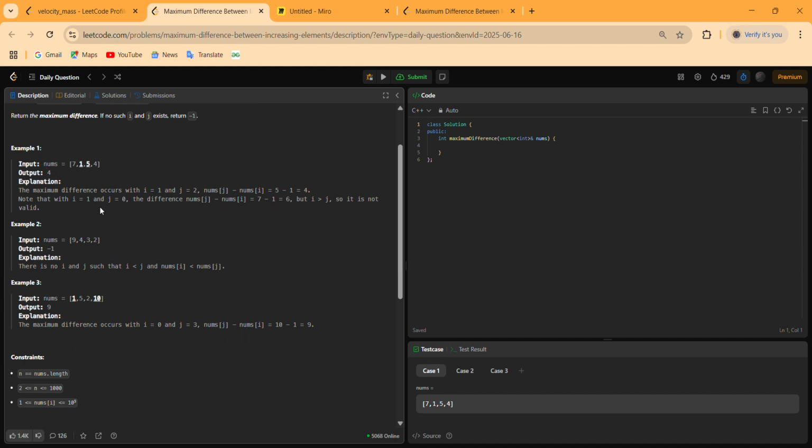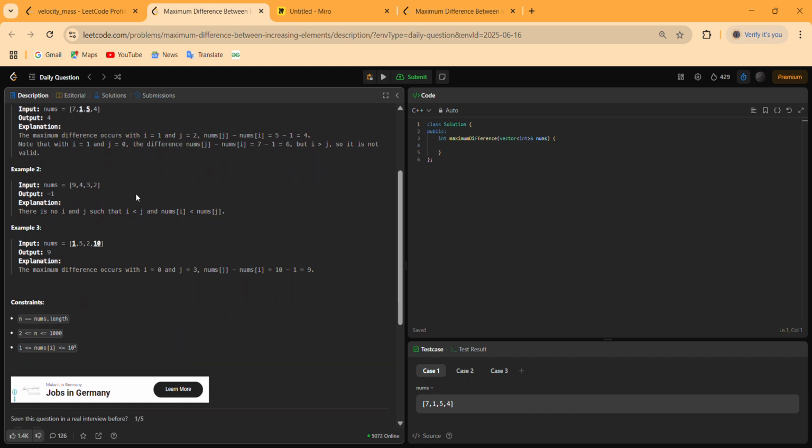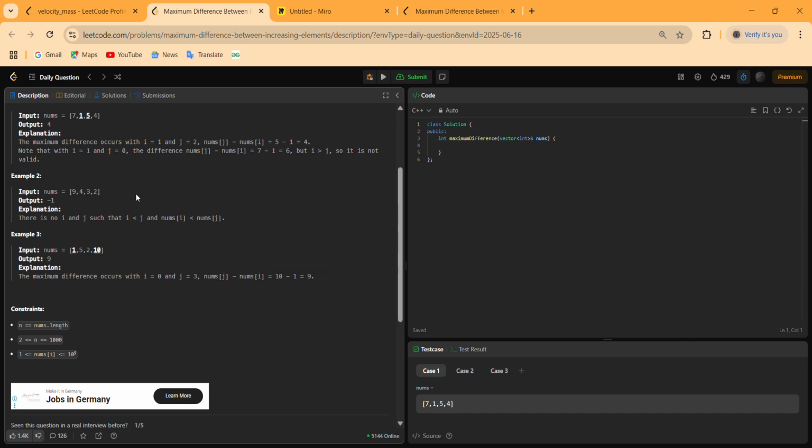But doing this with two nested loops is costly. This will be a big O of n square solution, and we have to find a solution that is better than big O of n square, and it is possible to find such a solution in this problem. So let us first visualize our code for that.